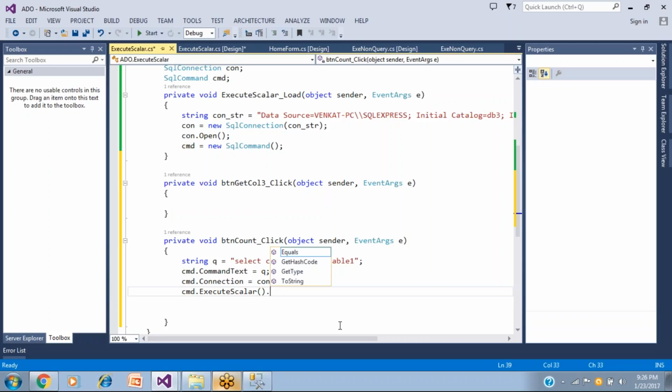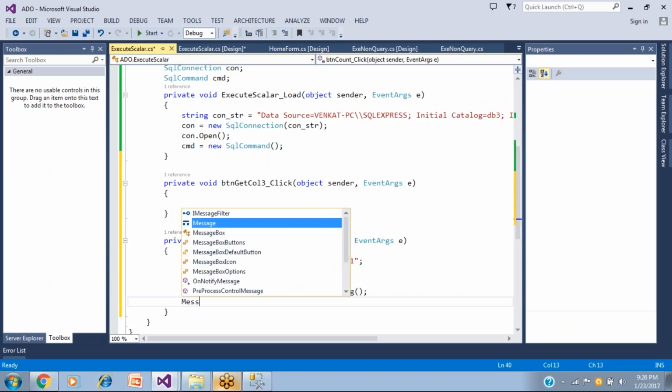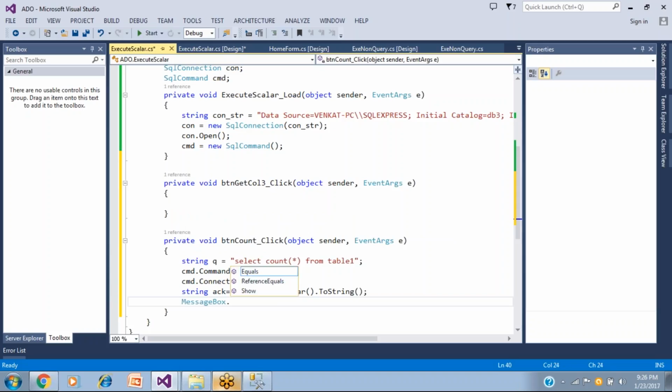So what I do is convert it to a string, take a string ack, and attach that into this. Now when ack has the number of records present in the table, we can use a message box to deal with it. With message box dot show, we can write some kind of acknowledgement.